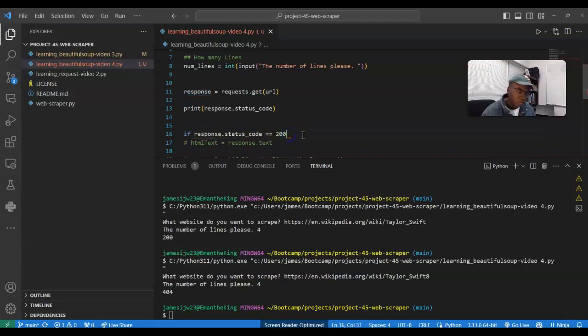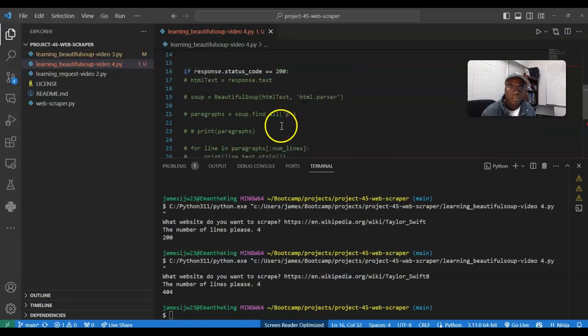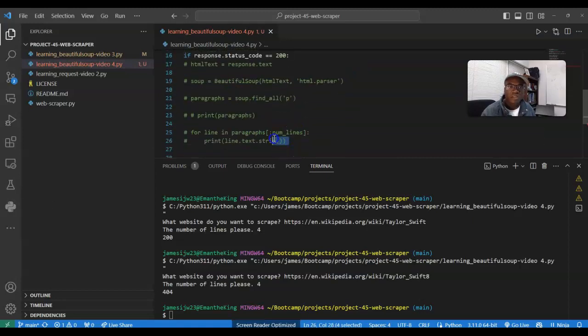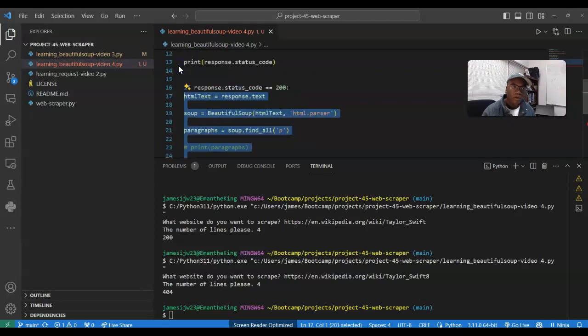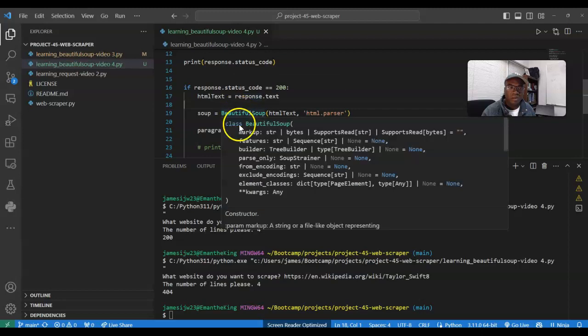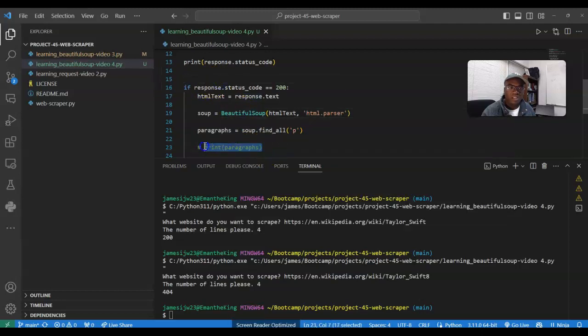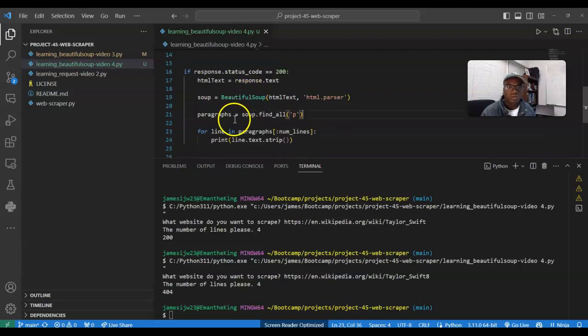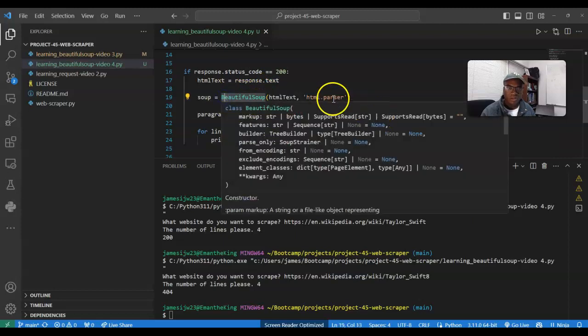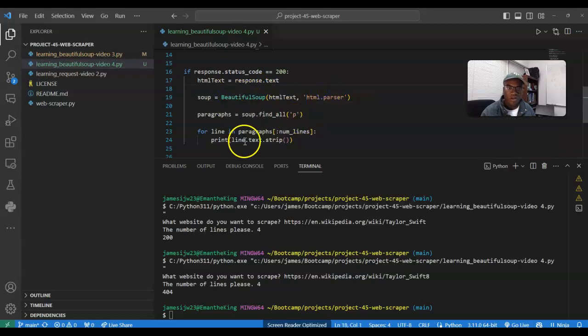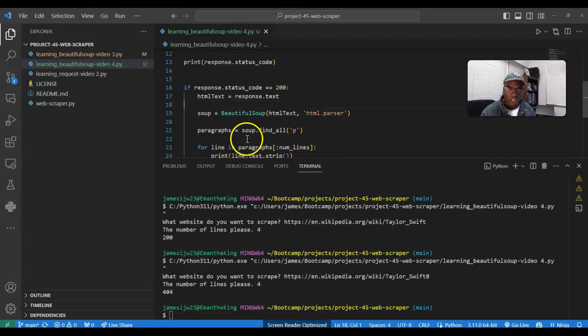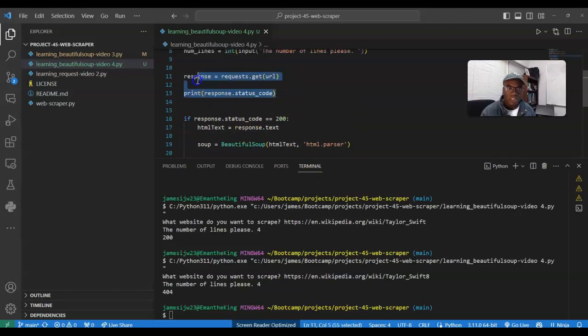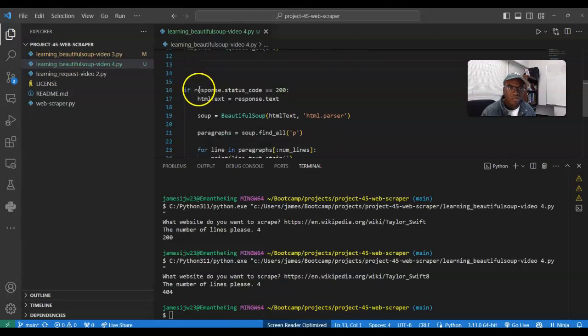I can remove these parentheses, okay, and then from there I can uncomment this and say run this code. I'm going to tab it, indent it, because Python does not like that. I don't have to use line 23. Okay, so we're good there. So this is us getting the text. This is us using Beautiful Soup parsing the data. This is us finding all the paragraphs, and then this is us printing out the lines. And so that works. Else,